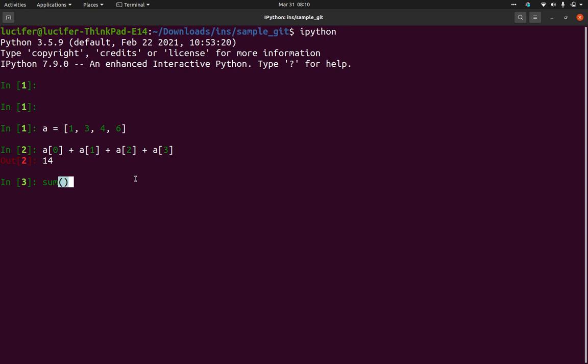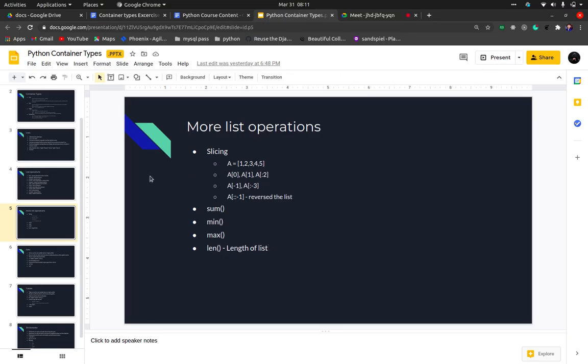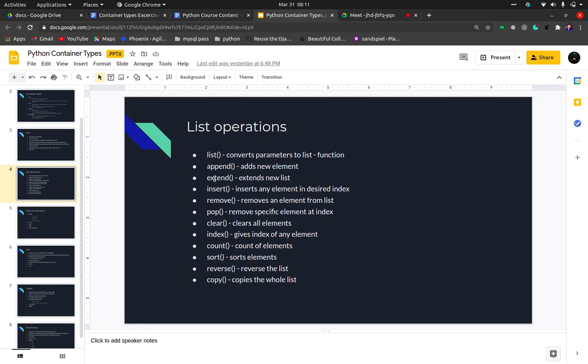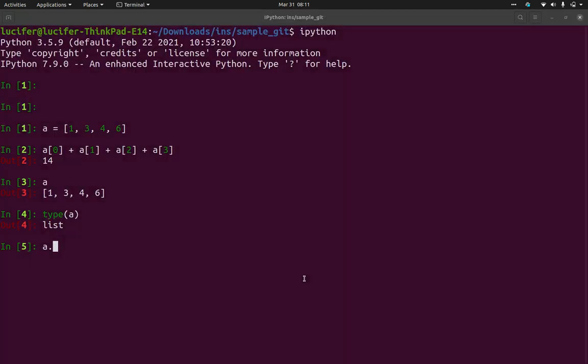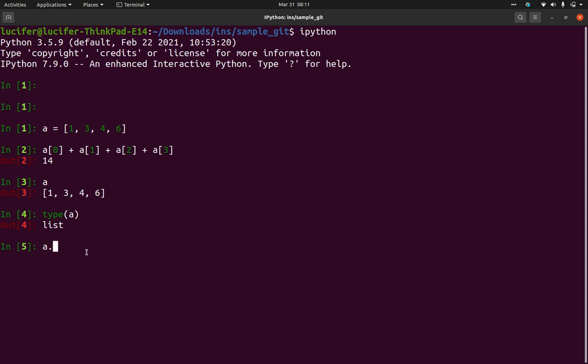So the difference between a function and a method is, a method will always be called on an object, okay. So A is our object, which is of type list, right? So you can check type of A, it is list, okay. So A is an object. All the methods will only be called on A, like A dot, using the dot operator we call them. A dot append, A dot extend, A dot clear, A dot copy, all these methods. So whatever methods we discussed yesterday can only be called using this syntax, A dot, and then the method, okay.